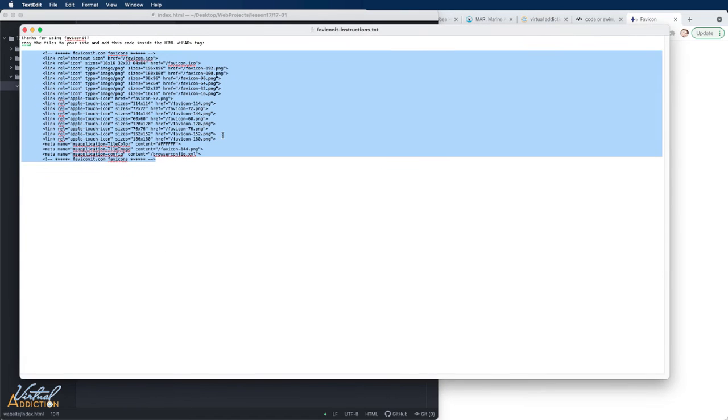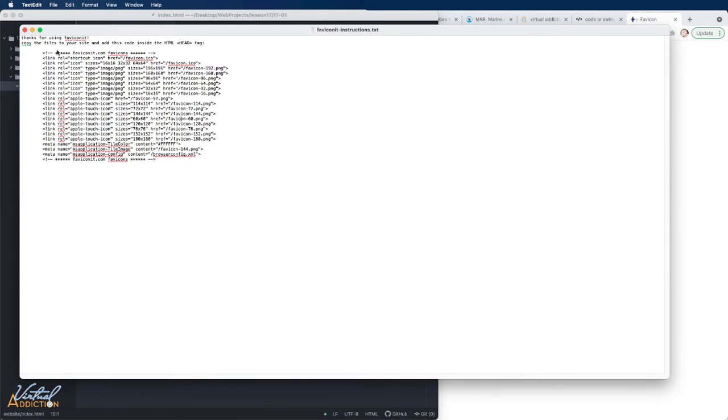If you open up this file, you will see that it provides you with a different type of code. So some of this code is similar to what we just used. Here is the default link that is linking out to the ICO image file format, and then here's what it looks like when we link out to these other files. You can see that we have an extra attribute called sizes, which is going to specify the size that we want to use this at.